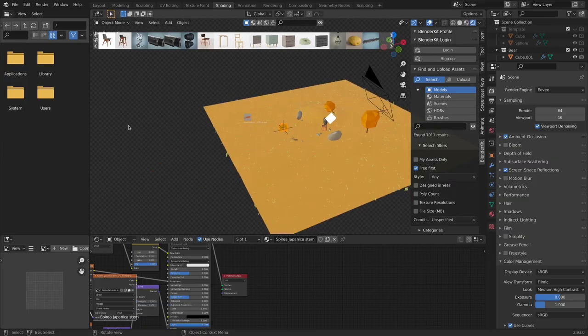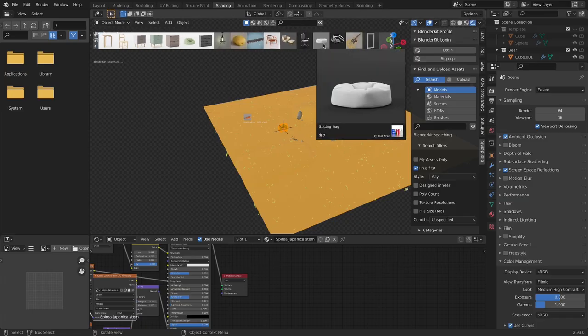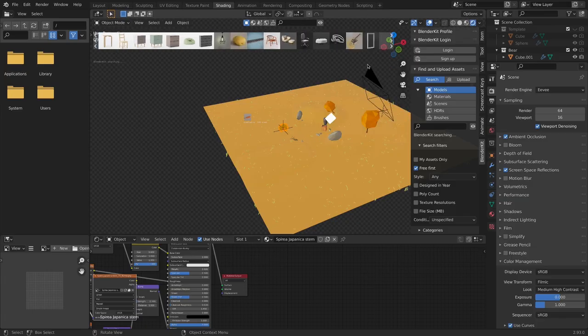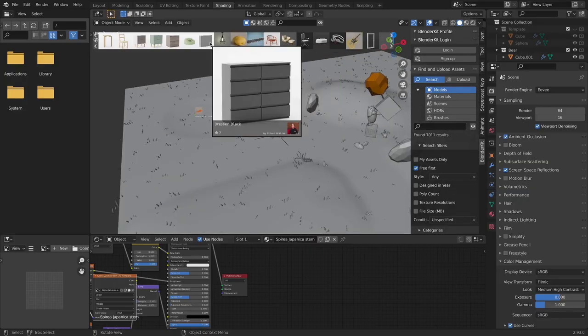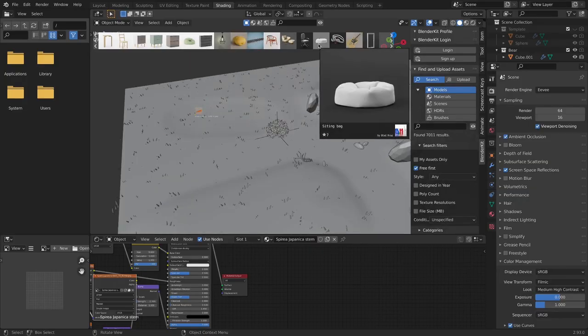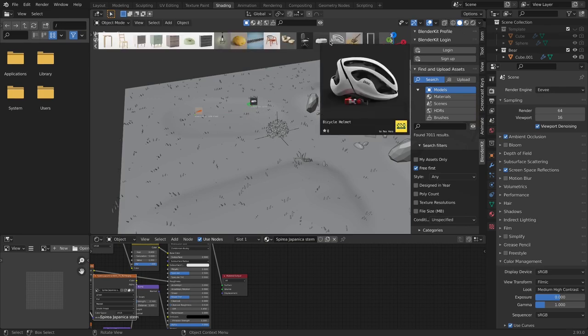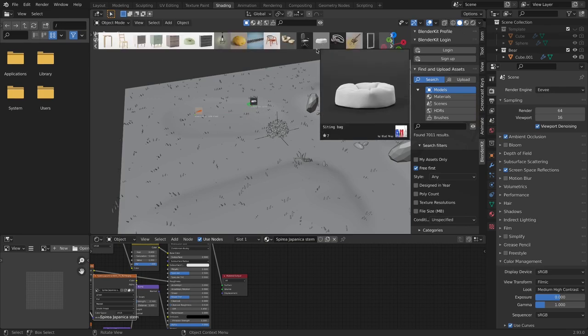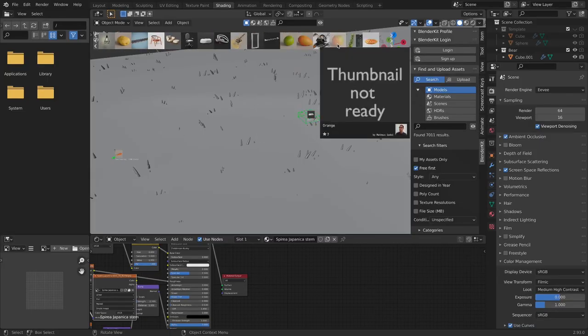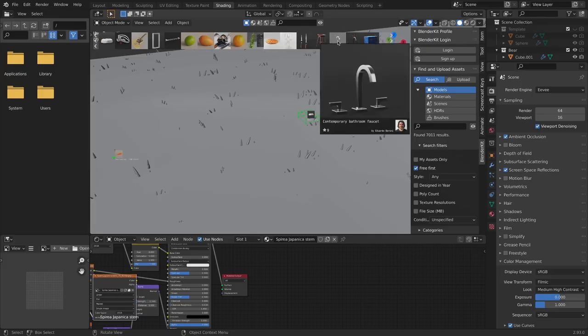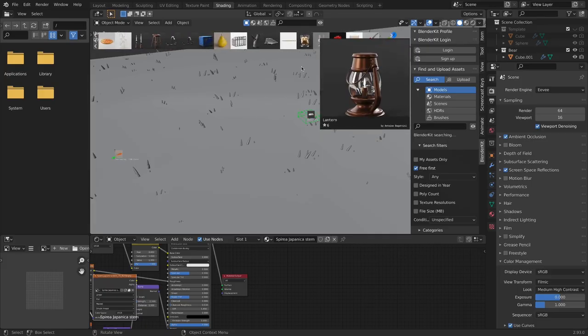My carrot is not loading that fast, so let's find something else so I can show you a quicker example. I will switch to solid view because it's going to be much faster, and for example let's bring in this sofa, or pillow, or sitting bag. I'm going to drag it here, and it's going to take a little bit of time to load, because I'm recording and it's a little bit laggy. Once it's loaded, you will be able to scale it up, change materials, and also use some of the meshes from